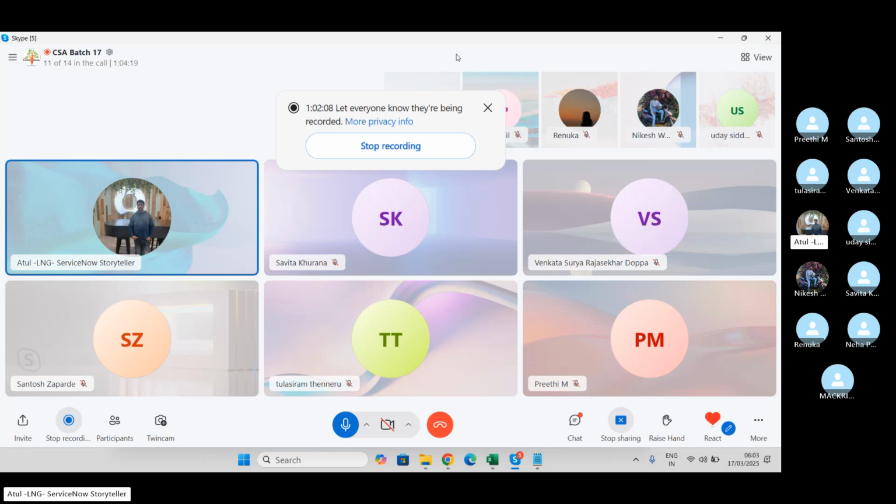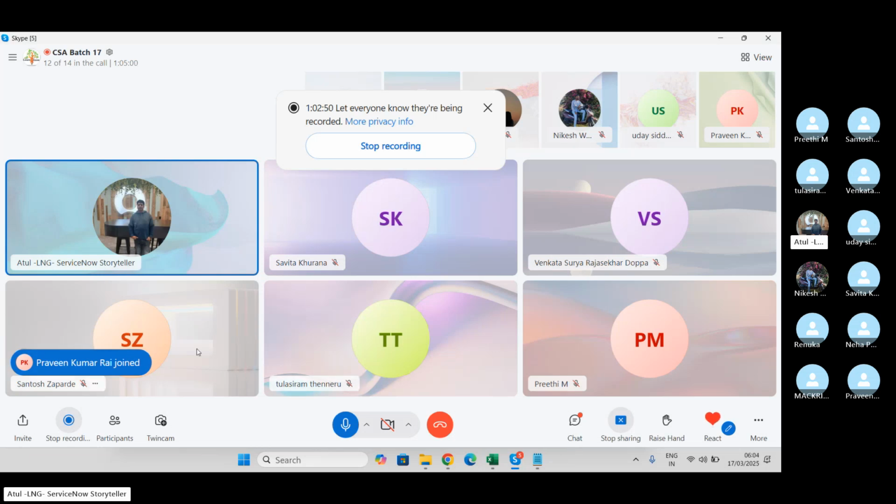Okay, good. So tomorrow we will go more on this particular area. Like in the morning, Savita says, Atul, we go to the website, we choose our product, we order it. Now we will see that part. And that concept is called service catalog and request management. How we can configure these items in my portal. How an end user can order that item from my portal. Those things we will see in tomorrow's session. If no other question, doubt, let me stop the recording and take attendance now.